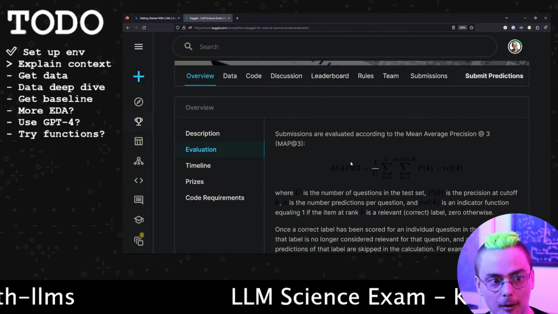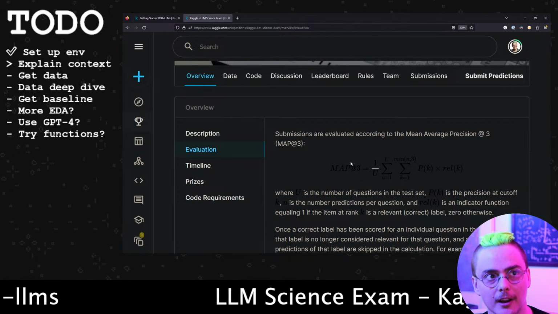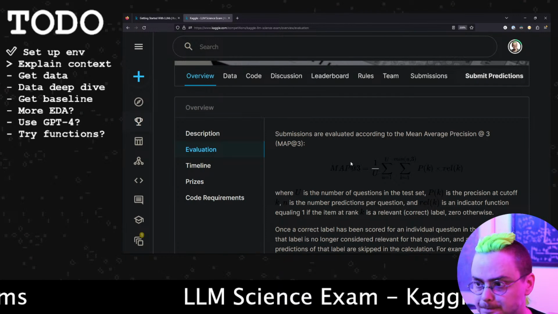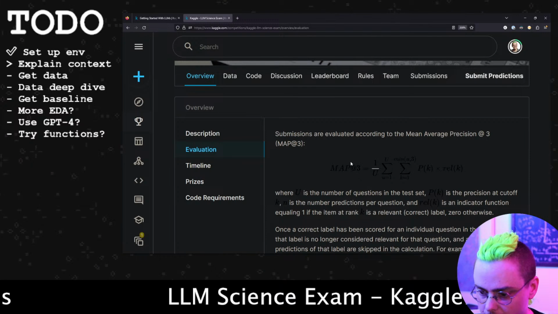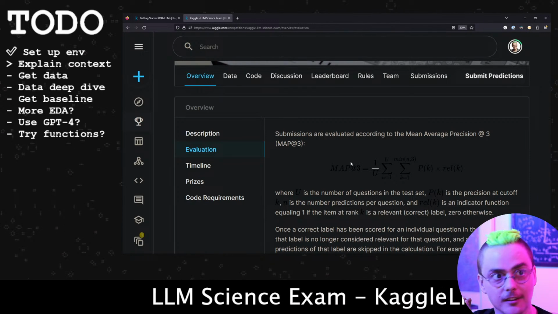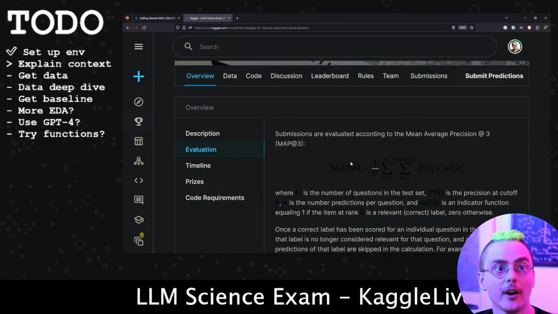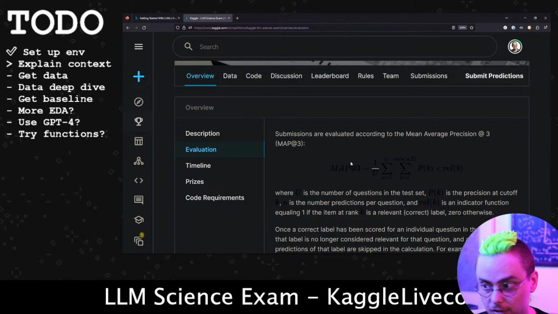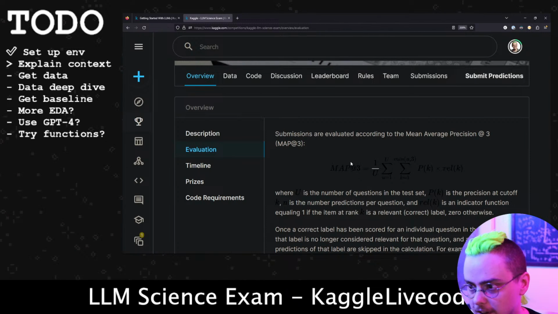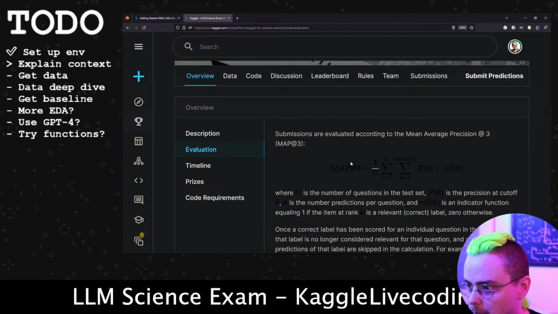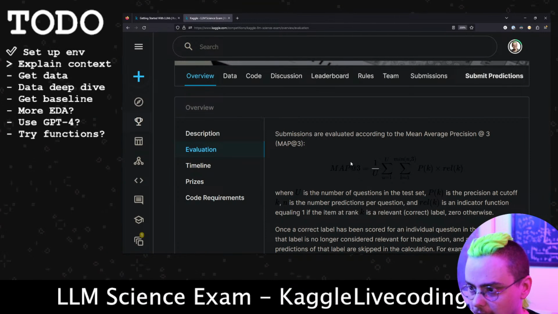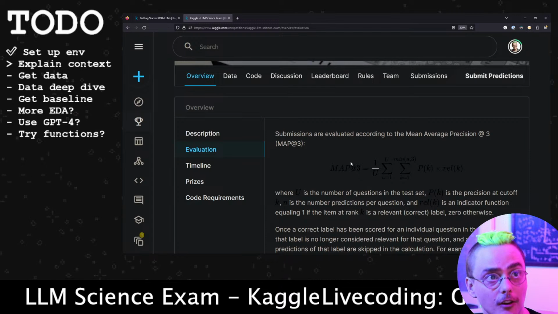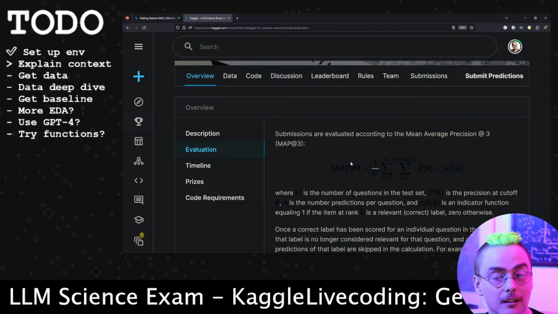If you've been doing retrieval augmented generation with LLMs recently for question answering, your goal might be to have the desired document somewhere in the stuff that you retrieve. That's where I've seen mean average precision at 3, or precision at 3, recall at 3, these kinds of metrics. It's got a complicated formula, but the basic answer is that you are asking, is one of your top 3 answers the correct one? So that's going to be the final evaluation metric.